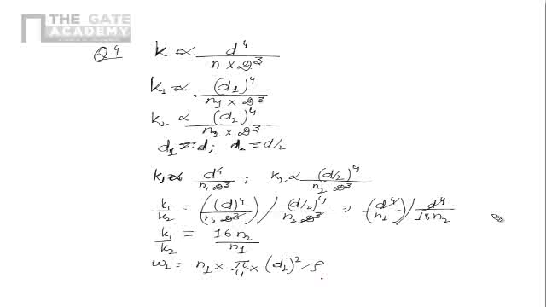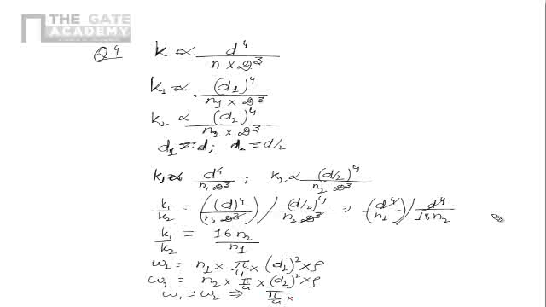Now density is the same for both of them, so we can just represent it by rho, while W2 is N2 into pi by 4 into D2 square into rho. Now we know that W1 is equal to W2. It has been given to us. That means